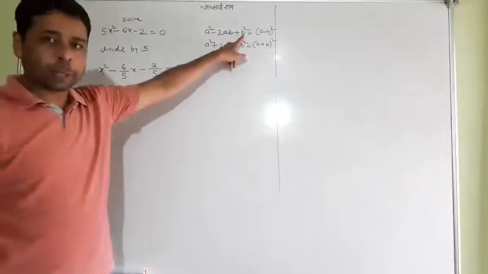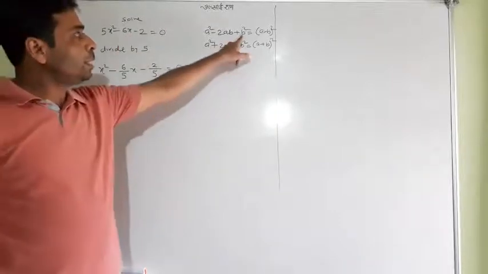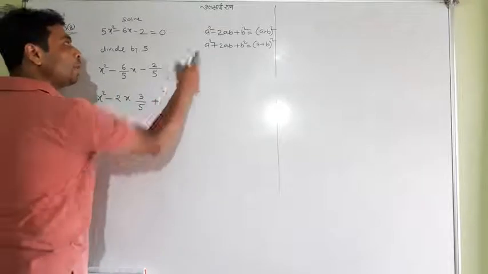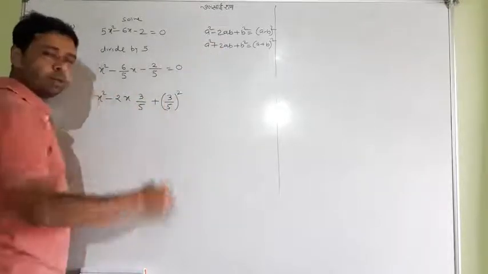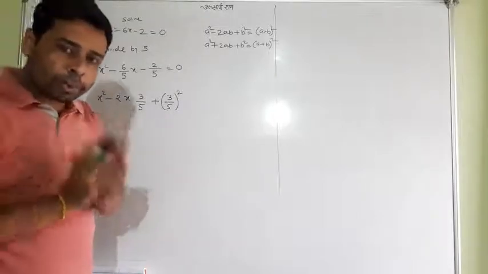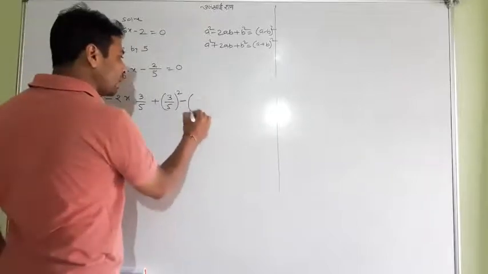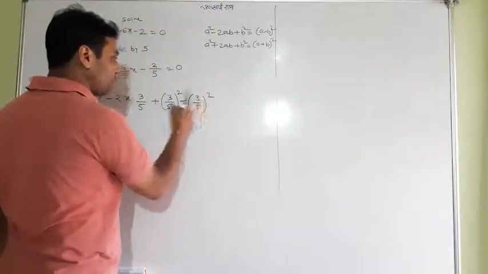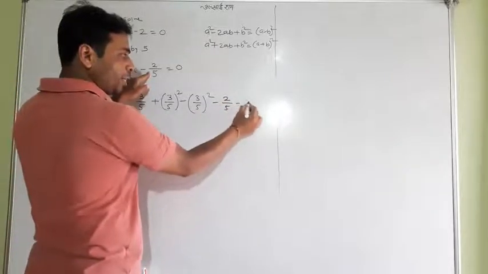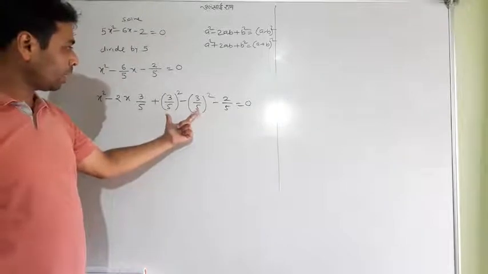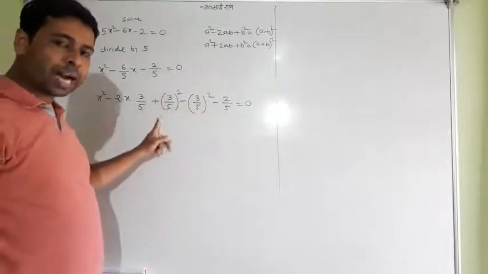So you need b square. Don't look at 2 by 5, it will be written lastly. You need b square with a plus sign, so write plus 3 by 5 whole square, which is b square. And remember, that b square was added by us, so we have to subtract the same from our side, plus and minus. And minus 2 by 5 will be stated right here. This is the only thing to consider: b square added and b square subtracted.